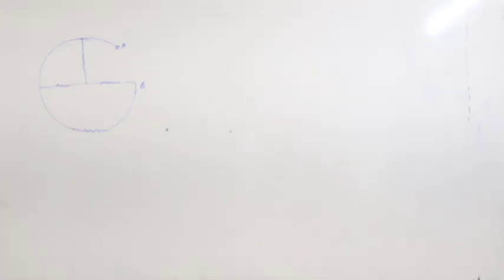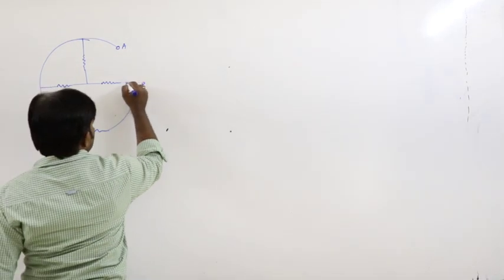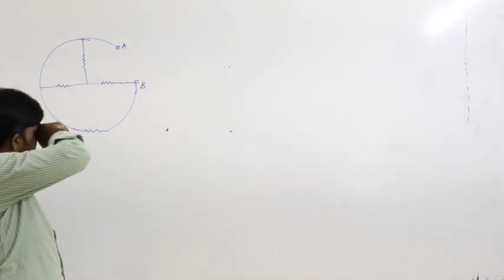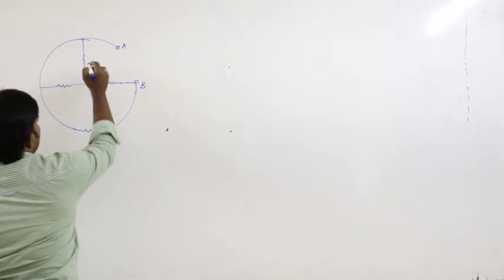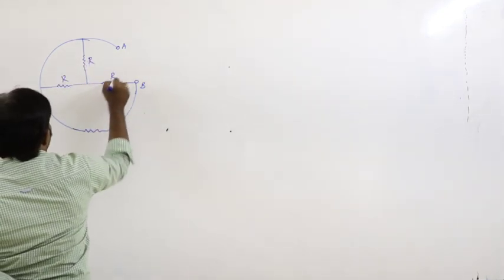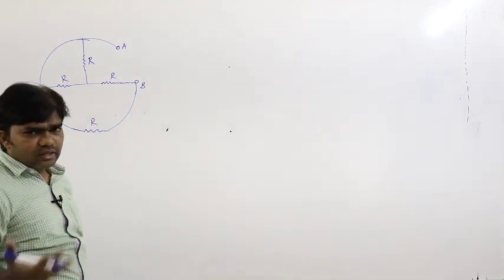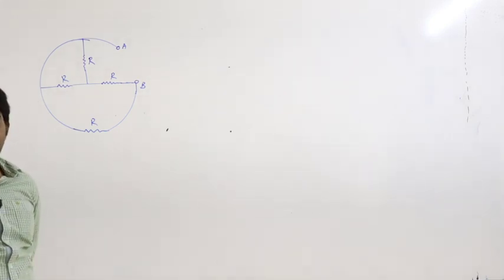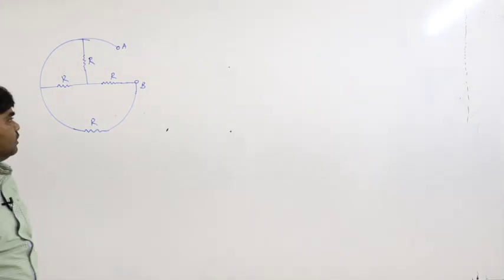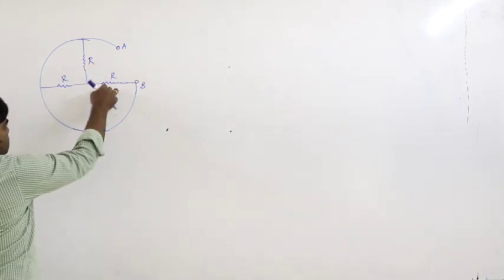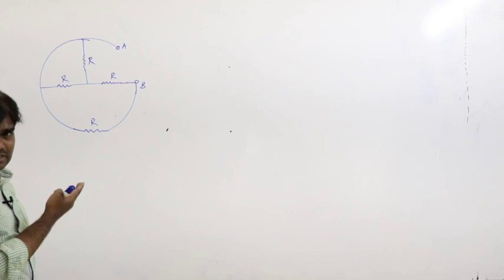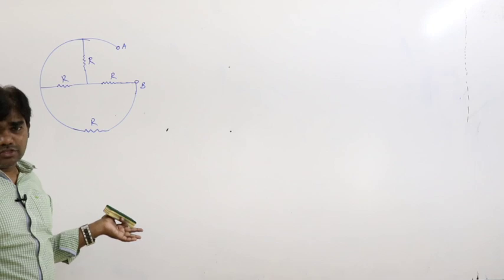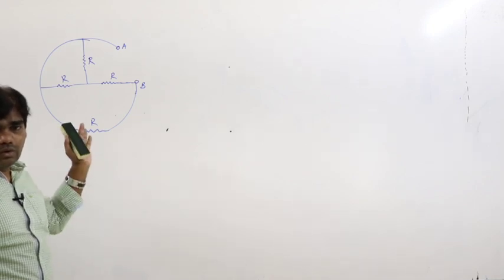Like this. How can you find out the effective resistance here between A and B? Let us say equal resistances R, or we can take any values, whatever it is. So just a general method, how can you find out the effective resistance between A and B? What are the parallel combinations and what are the series combinations here? How can you identify that?